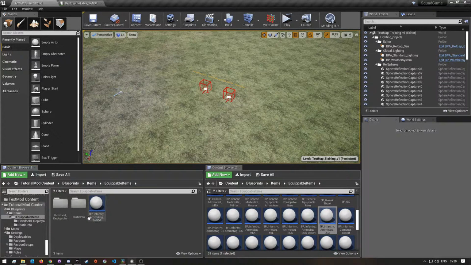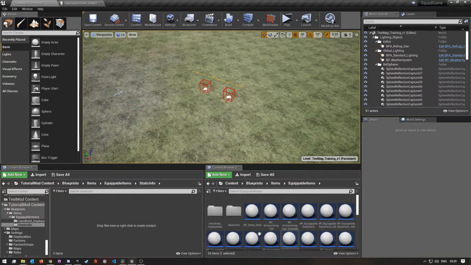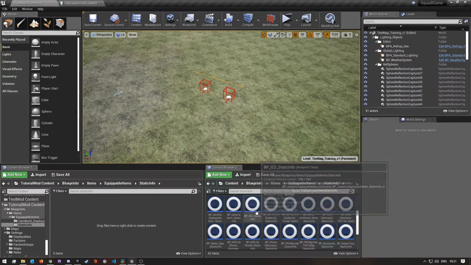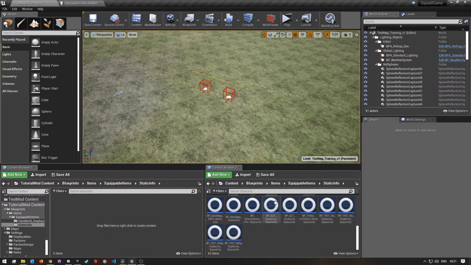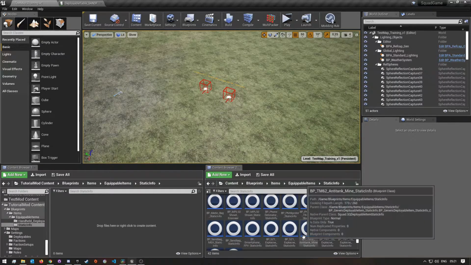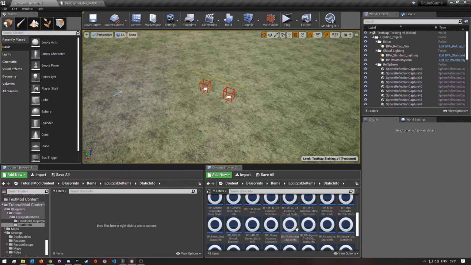Okay, and then after you've done that, you want to go into the static info folder, and in here on the same second content browser you have here on the right, you want to go into the static info folder, and then you want to look for the static info file for the US ammo bag that we just copied over. So